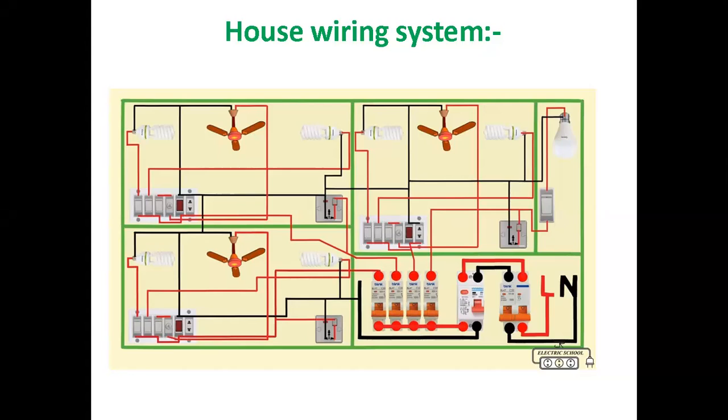This is the last class of Unit 10, electricity. This is the house wiring system. House wiring means the wiring connection in our house to light a bulb, to run a fan, to run a heater, any electrical appliances. That system is the house wiring system. In this session, we'll go through just the basic things about house wiring. At first, what is the house wiring system?